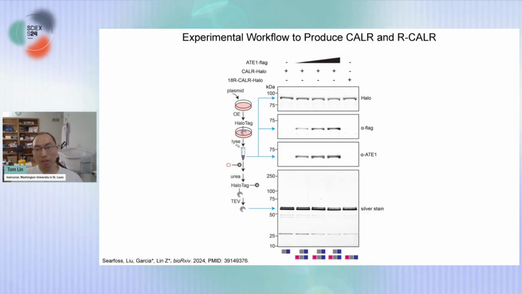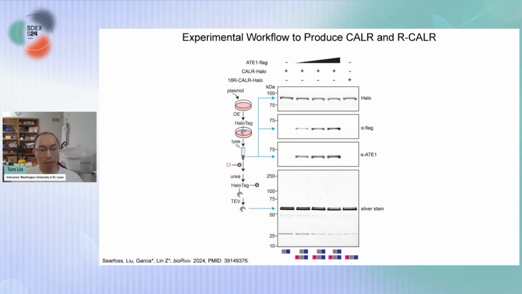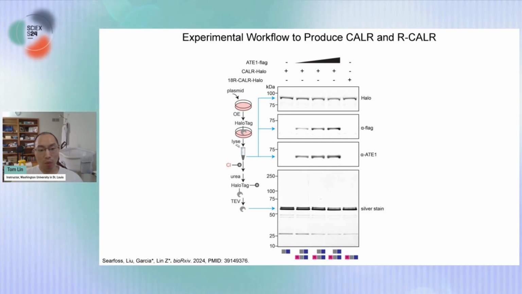Here is a detailed workflow to show how we prepared our samples. The unmodified calreticulin in lane 1 is prepared by overexpressing the plasmid in the AT1 knockout cells. The fully arginated calreticulin in lane 5 was prepared similarly to the unmodified calreticulin in lane 1. Lanes 2, 3, and 4 are the endogenously arginated calreticulin, where we co-transfected AT1 with the